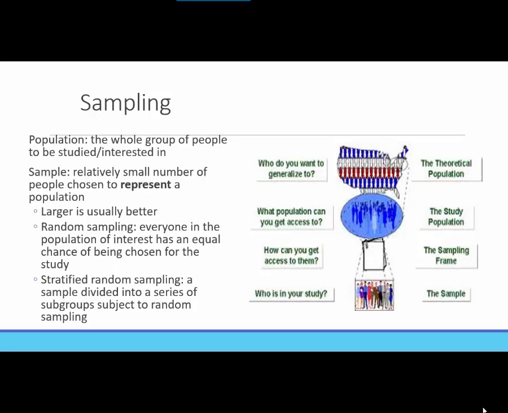One form, random sampling, some people consider to be ideal because everyone in the population of interest has an equal chance of being chosen for the sample for the study. And because you aren't allowing people to opt in, or using what we call convenience sampling, where you just include people who happen to be the most convenient, random sampling does increase the likelihood that different types of people will be represented in your sample,